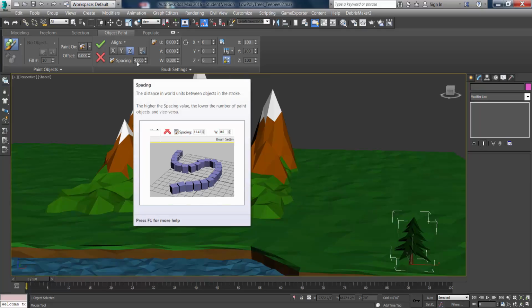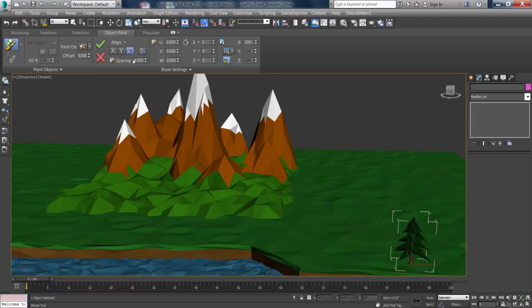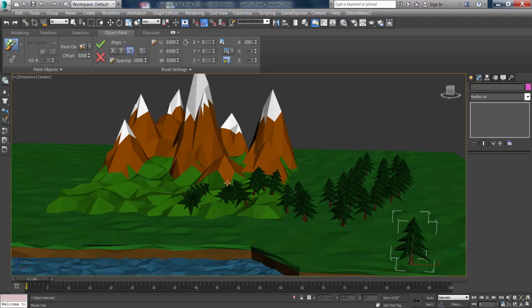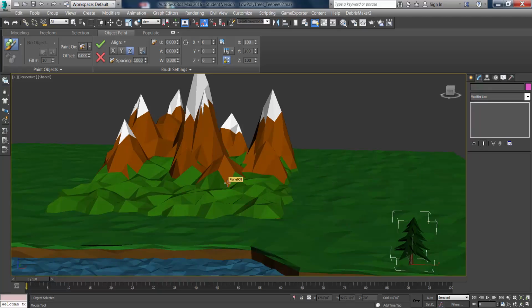So you see this little video pops up and it explains what the tool does, but I've done this before in the scene, so I know I want to put this up to about 450. Okay, so if you have this too low, when you go to paint the objects, it's just going to smear them. So I've adjusted the spacing, and now I can paint these all over the place. Okay, so the other thing is,